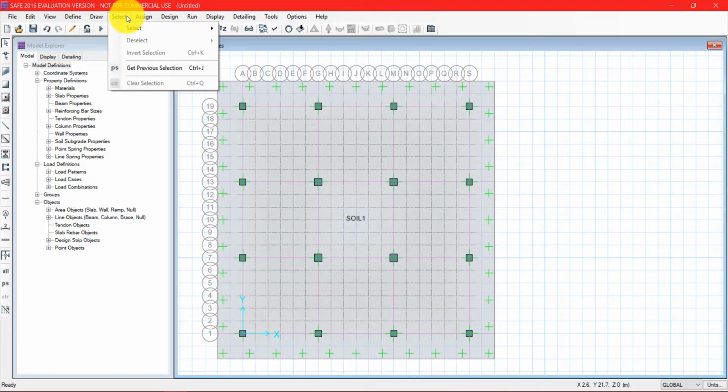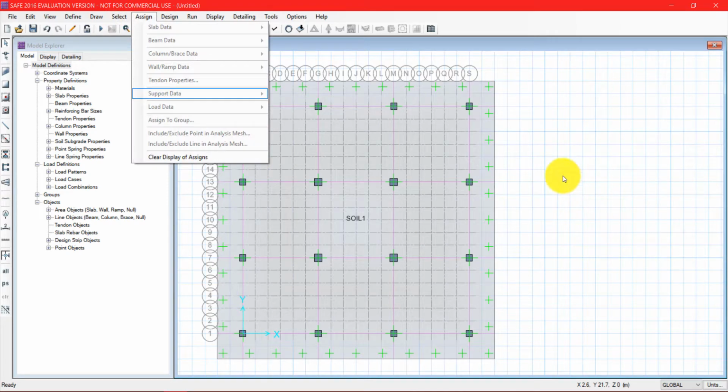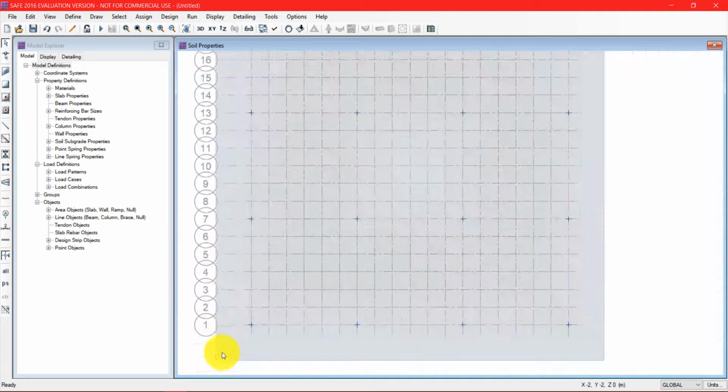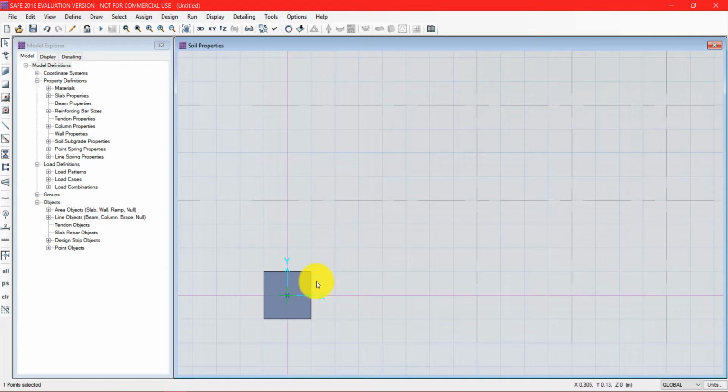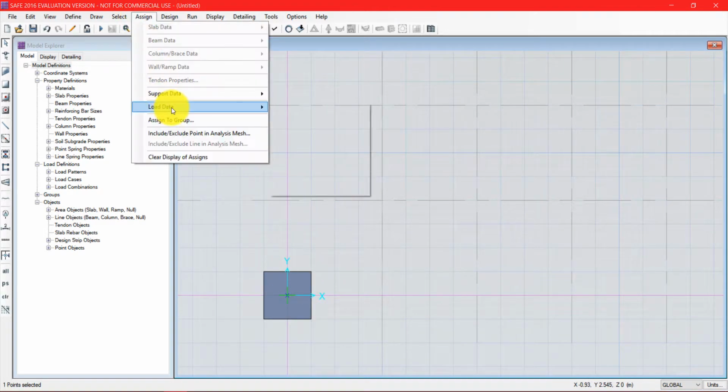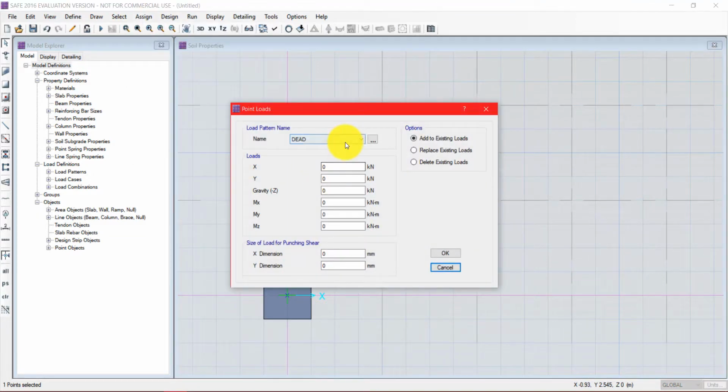The loads have been taken from the previous design from the ETABS model, and we are going to select each point and assign the load for each point. Carefully select the middle point of the column and go to assign loads, point loads. First, we are going to assign the loads for 500 by 500 dimension columns.